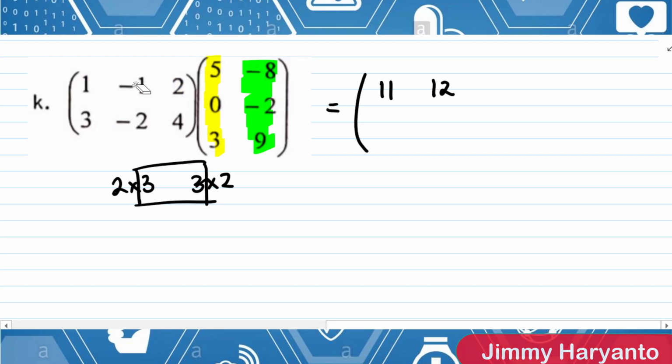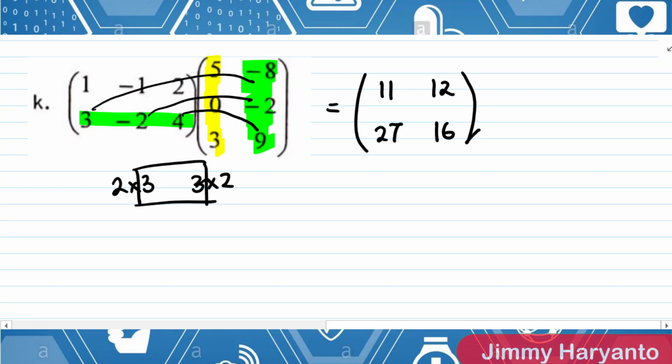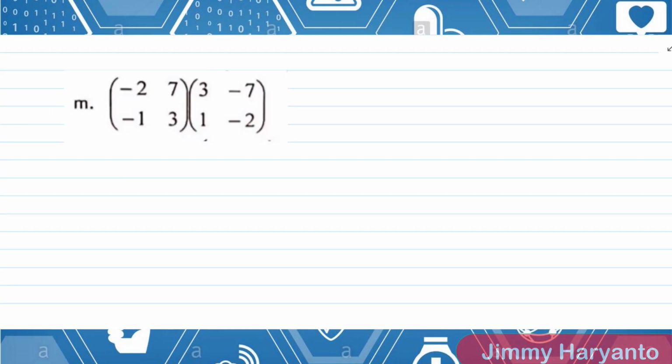12. And then go to the second row. The second row will be 15, 0, 15, and 12, 27. And then with the second column, 3 times -8 equals -24. -24 plus 4 equals -20. -20 and 36, 16, guys, 16. So the result is a 2 times 2 matrix. And the next is a 2 times 2 times 2 times 2 matrix.